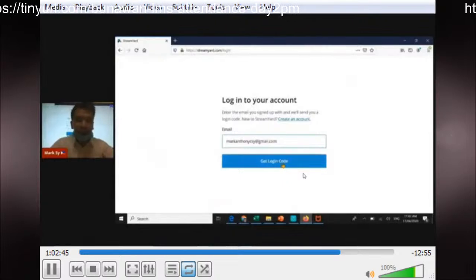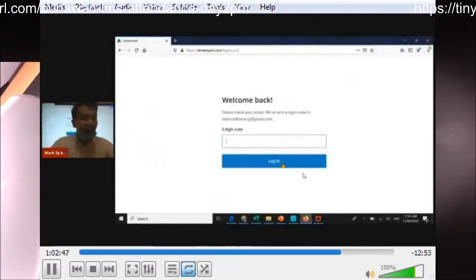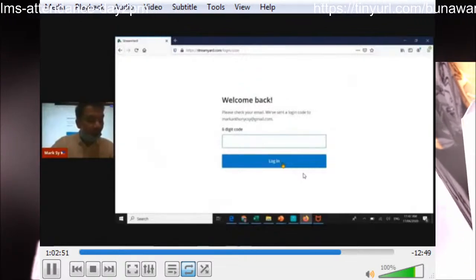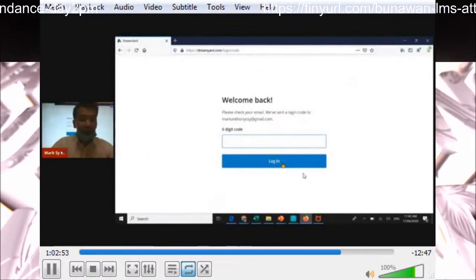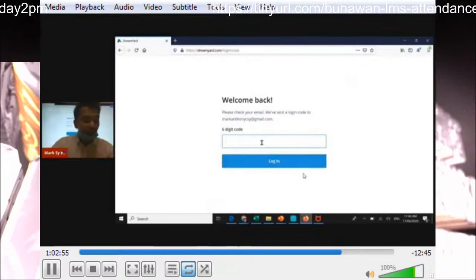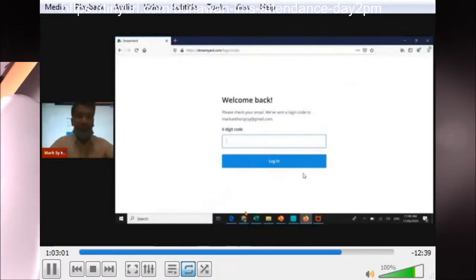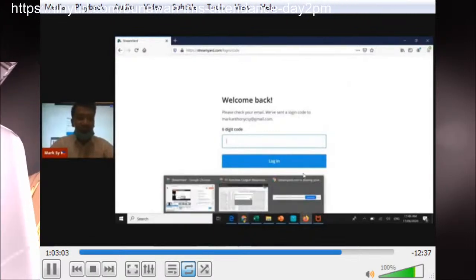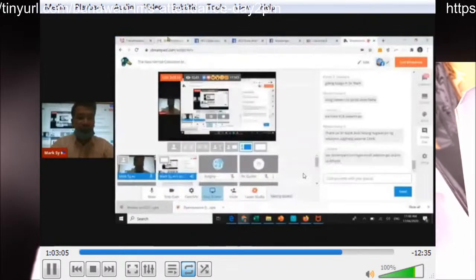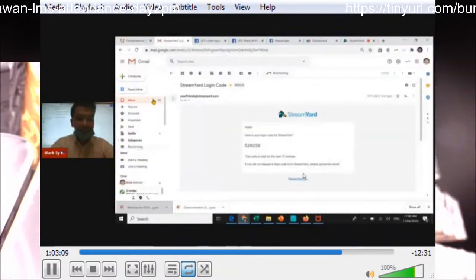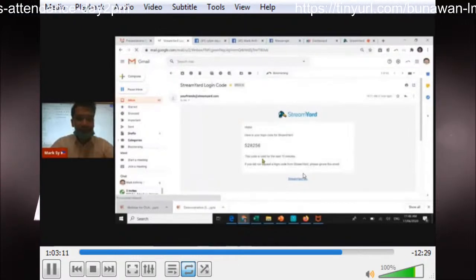So from time to time, you will be receiving the access code for it. Ayan. And then yung access code po na yon ay magbibigay po sa inyo ng 6-digit code para po kayo ay makapasok sa inyong actual streaming. Okay? So again po, magbibigay po yan ng 6-digit code. So allow me to check it muna. Ayan.